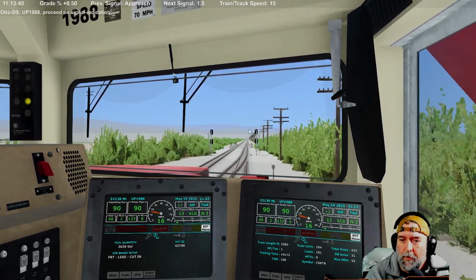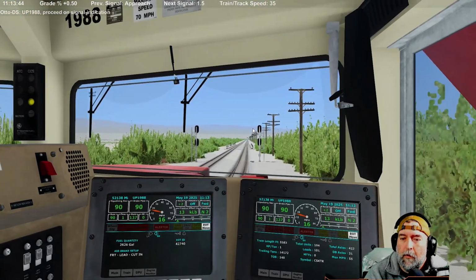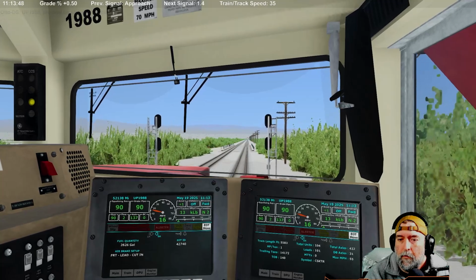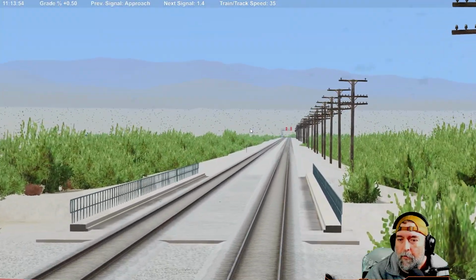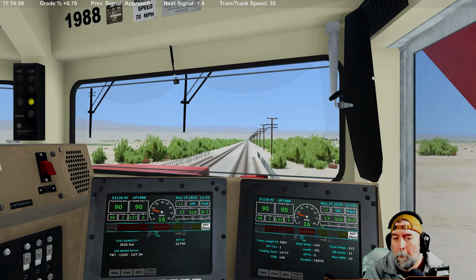19:88, proceed on signal indication. Did we get a better light? No, we did not. Dispatcher saying, come on, but there's no lights. Yeah, maybe he'll be getting off of that switch pretty soon. He's going to have to clear that block, so he's probably going to at least need to get by East Barstow, maybe. I don't know if there's an intermediate between Daggett and East Barstow, but...